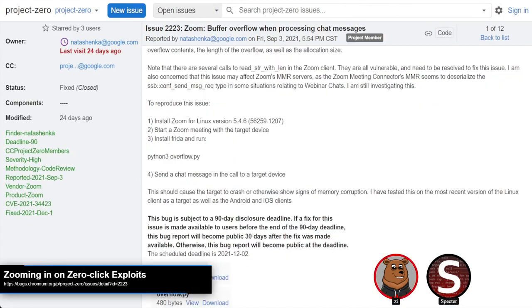So first issue, buffer overflow when processing chat messages. Pretty much exactly as it sounds like. What they found was effectively a disconnect between the lengths being used. So the multimedia router will process the messages into this, what was the type, message DB underscore T type, process it into that, and it would effectively read one length out of that message structure as here's the length of the buffer we need